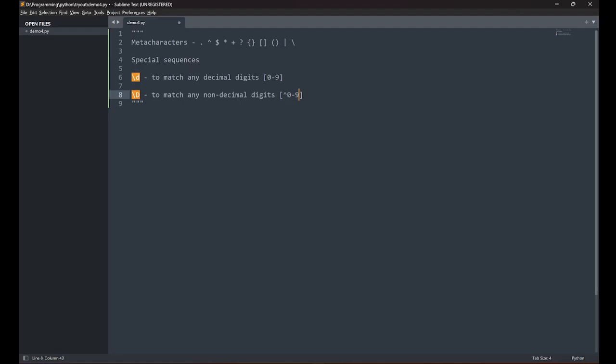use caret, \s to match any white space characters, say \t, \n, \r, \f and \v, \S to match non-white space characters, use caret, \t, \n, \r, \f and \v, \w to match alphanumeric characters,